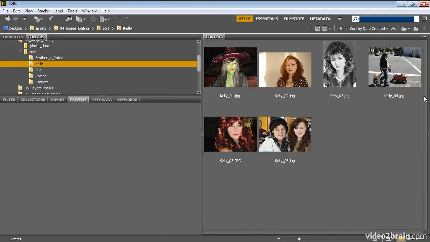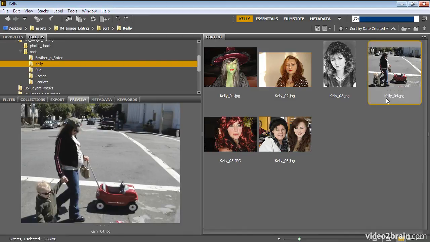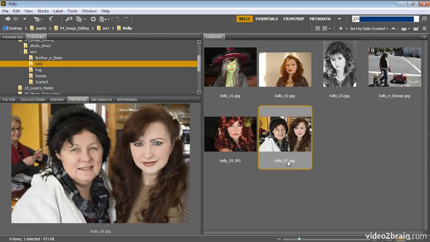Now before I finish, this shot and this shot contain other people. So what I'll do is click once right on the file name and name this Kelly and Roman. You don't have to uppercase that. My mother's always saying they make medication for that, but I feel better now that I did. And this one, I'll click and I'll do Kelly and Cass. Or some people would leave out the N altogether and just do Kelly, Cass, or Cass, Kelly, the order they